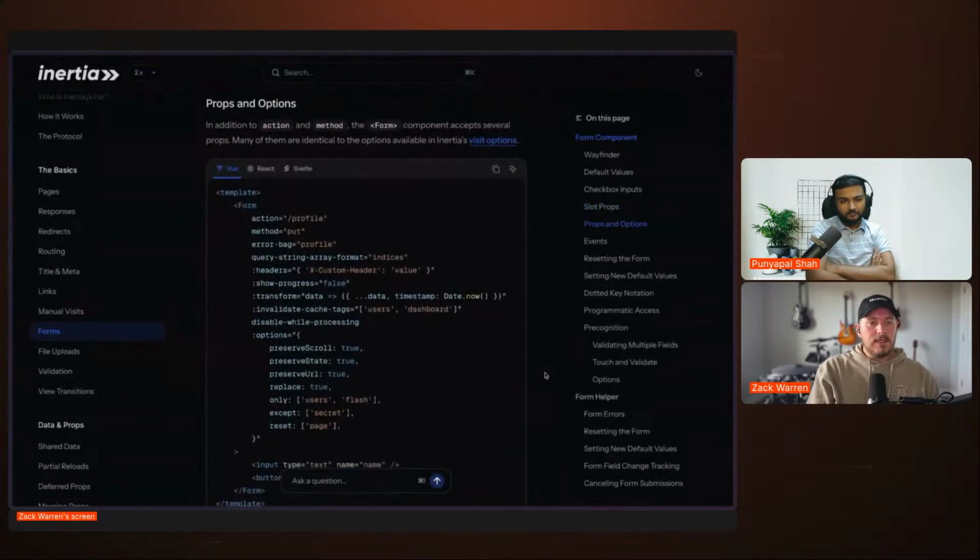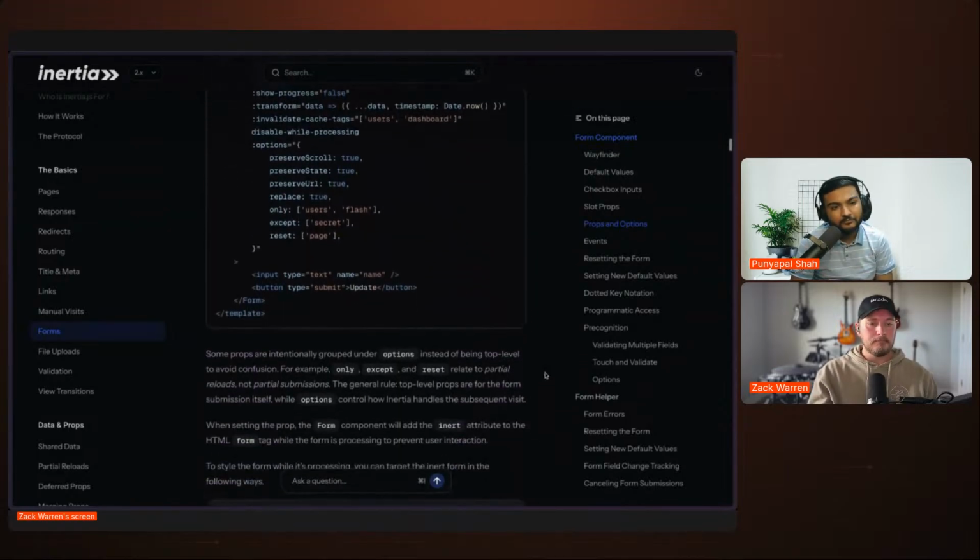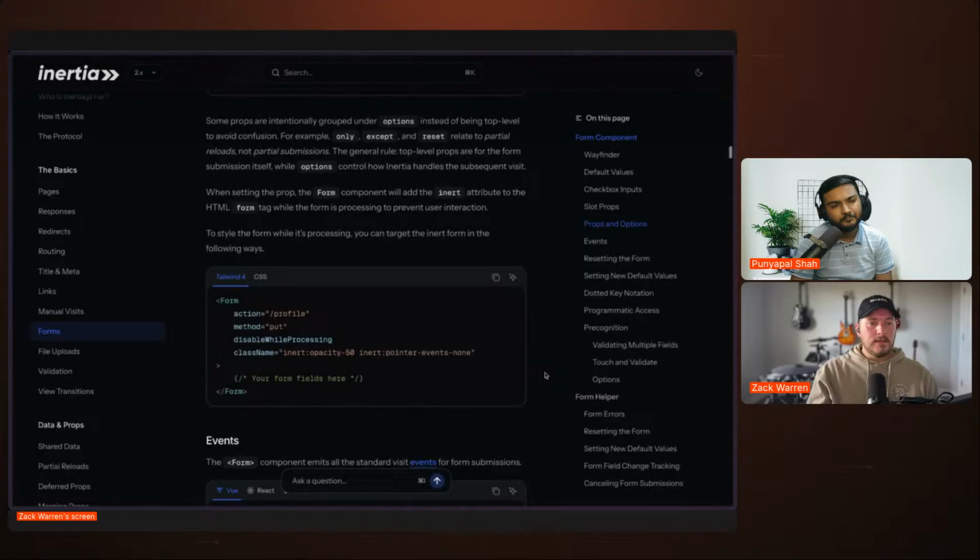Props and options. In addition to action and method, the form component accepts several props. Many of them are identical to the options available in Inertia's visit options. Some props are intentionally grouped under options instead of being top level to avoid confusion. For example, only, except, and reset relate to partial reloads, not partial submissions. The general rule: top level props are for the form submission itself, while options control how Inertia handles the subsequent